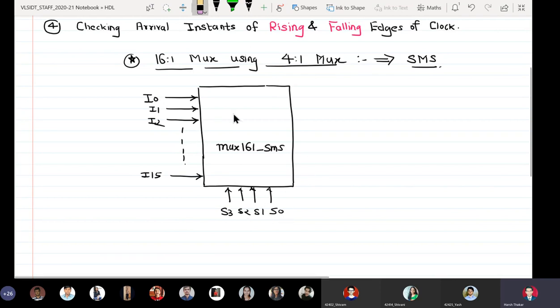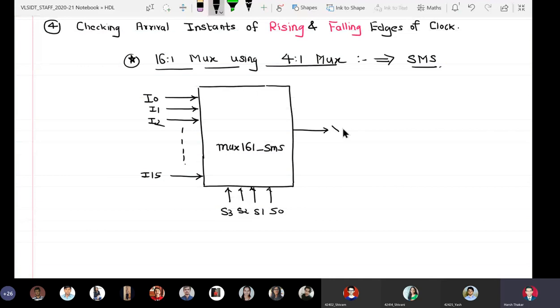Okay, and there is only one output, Y. So this is least significant and this is most significant.